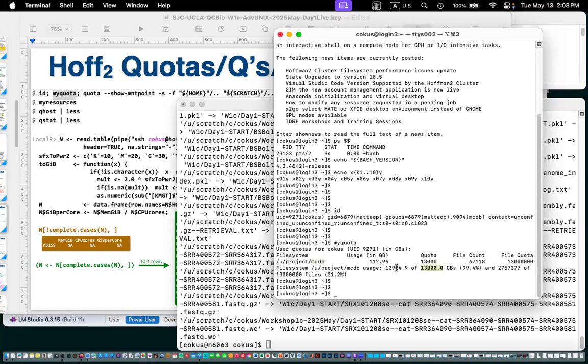And this is a very typical situation for shared storage. It's 99.4% full because nobody ever deletes anything. Right? And as soon as somebody deletes something, somebody fills it up again. And so this is why, and you may also be in the situation, scratch space is your